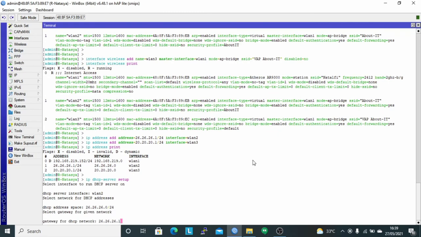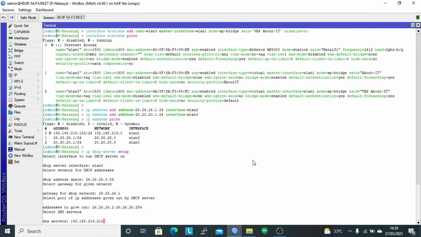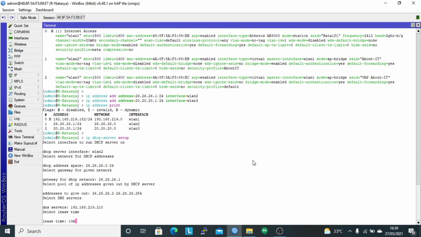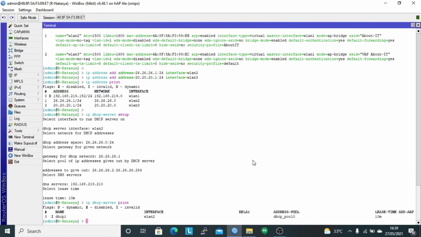The gateway is 26.26.26.1, and the addresses to give out to clients use the default. For the DNS server, I use the DNS from the ISP, and the lease time I use the default, namely 10 minutes. Then check with the command IP DHCP server print. It can be seen that I have successfully added the DHCP server using interface WLAN2.